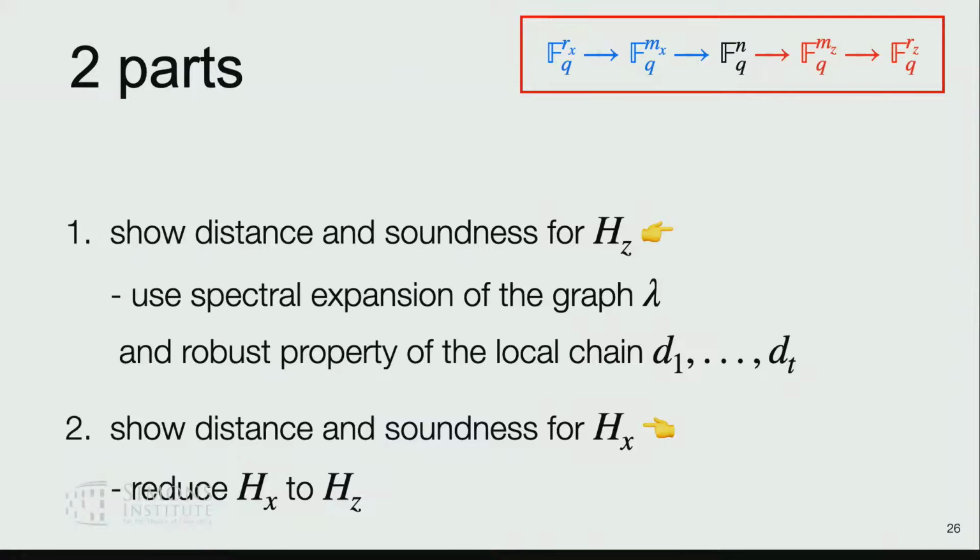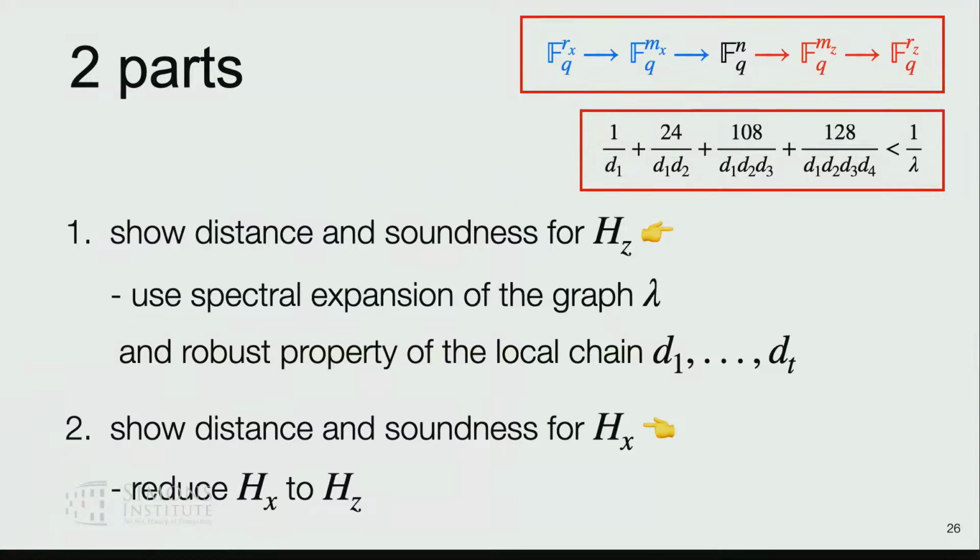Okay, so for the first one, the proof roughly follows from the spectral expansion of the graph and the robust property of the local chain. And that's where this inequality comes from. So the proof is roughly the standard random walk argument with some ingenuity in the choice of the random walk. So that's the idea. For this other direction,